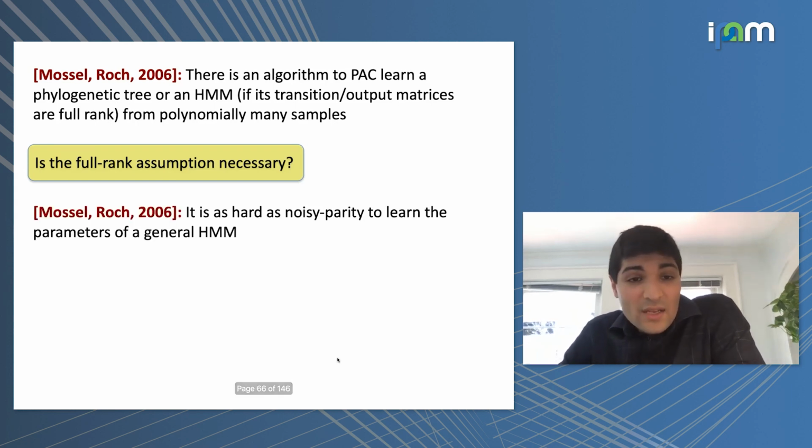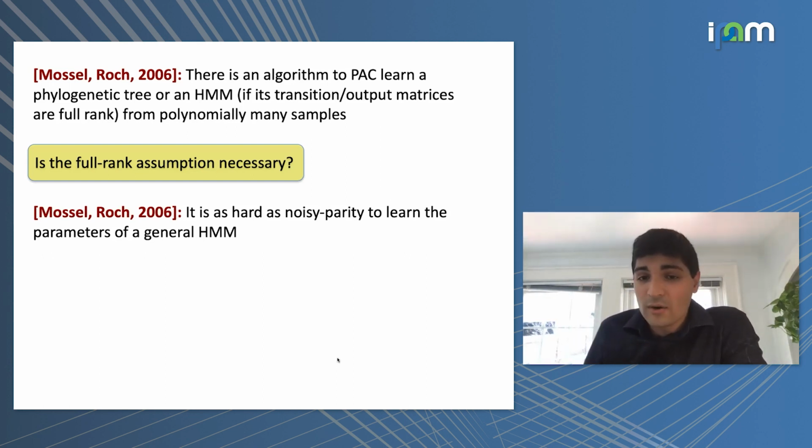So it turns out that it is actually an honest to God barrier. What Mossel and Roch did, in the context of hidden Markov models, is they constructed a noisy parity function. It has some other degenerate properties that can let you get around it with higher order tensor decompositions. But at the very least, it is an instance of a problem in which the transition matrices are not full rank, and the learning problem itself is computationally hard. In fact, people build crypto systems, things which are post-quantum secure, based on this particular assumption, which is the noisy parity assumption.